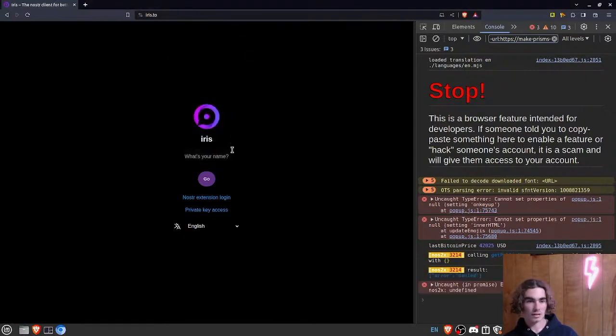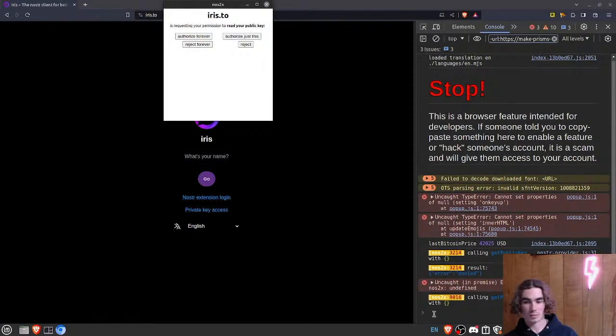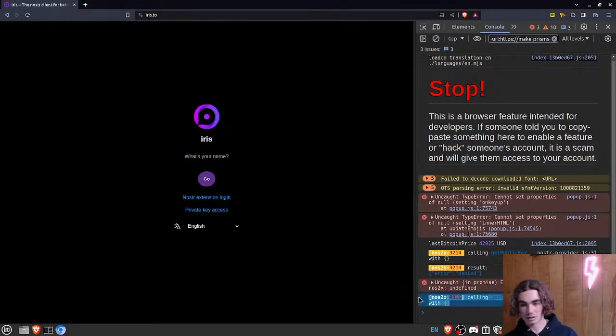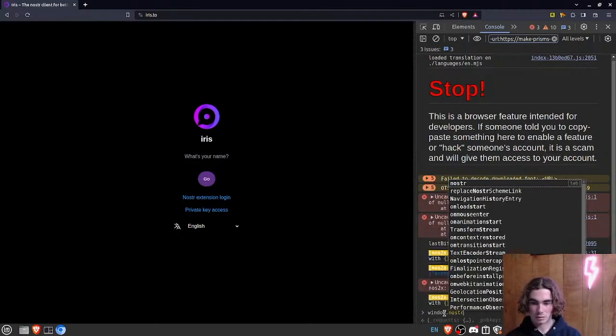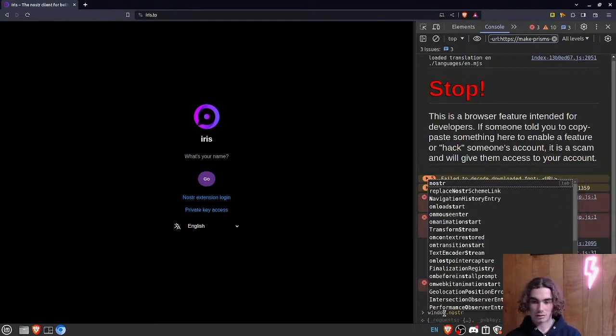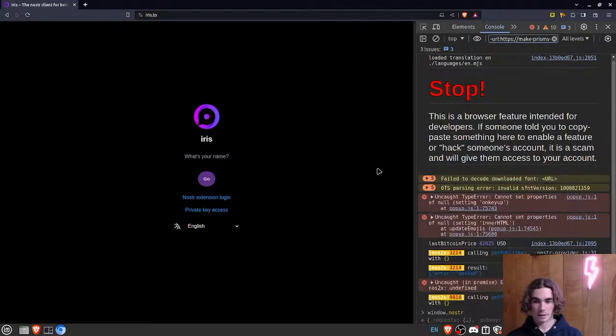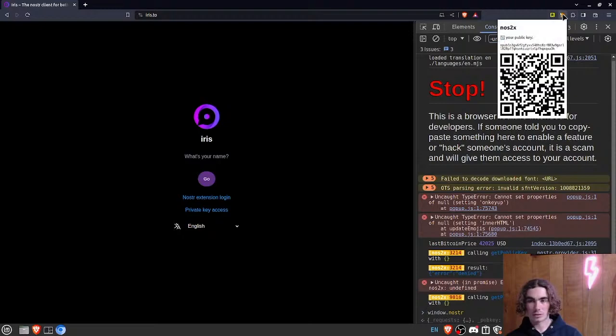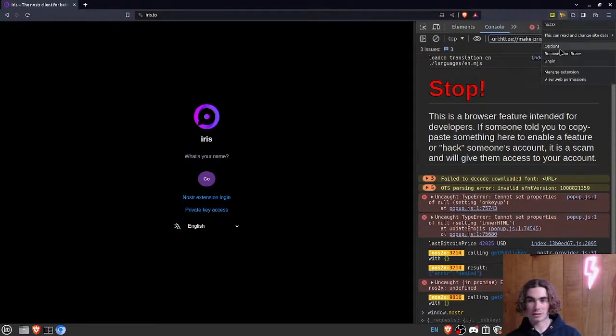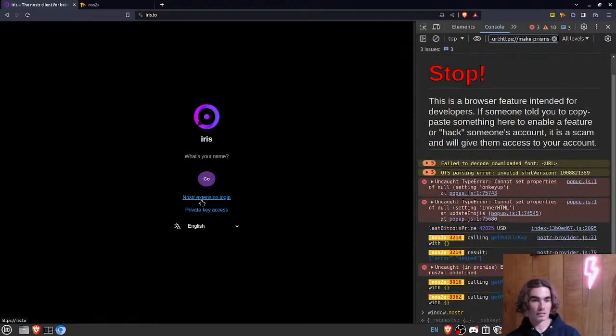We say, how do we want to log in? We want to log in with the Nostr extension, and then this pops up, and you can see here, Nostr2x is calling get public key. So now there's window.nostr. I don't know enough about browser extensions to know why that is, but we created, right click on your browser extension, go to options, and you can generate a new private key. So we're starting fresh. We're logging into Iris